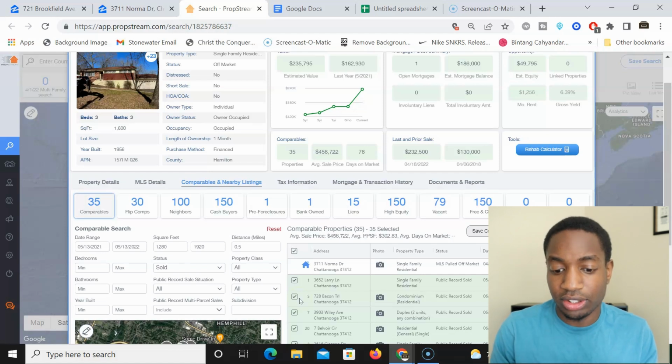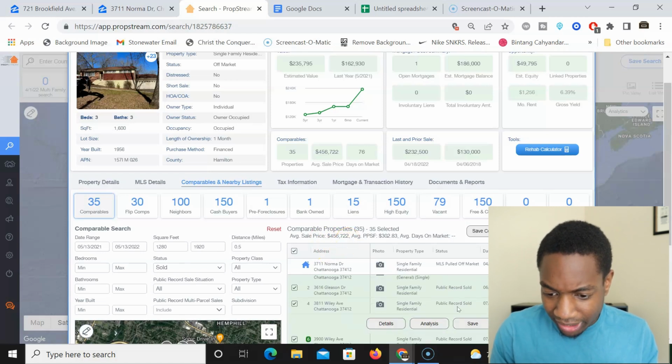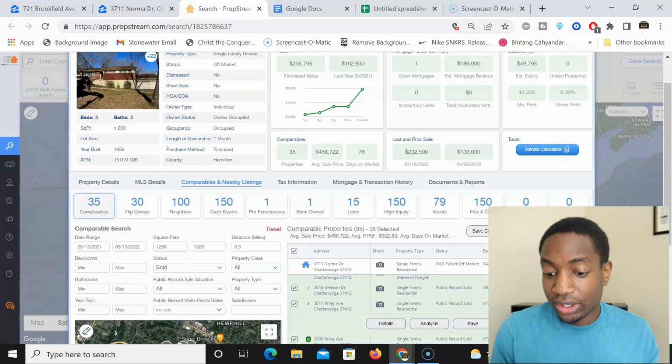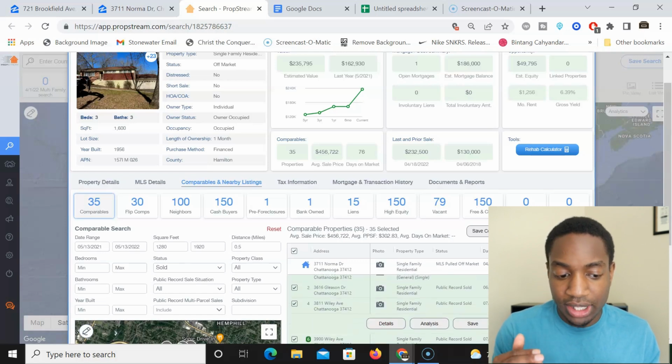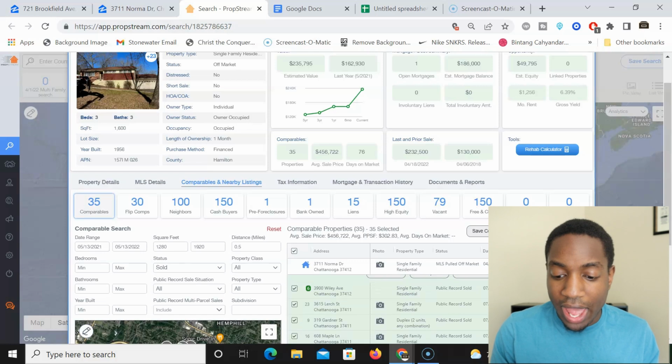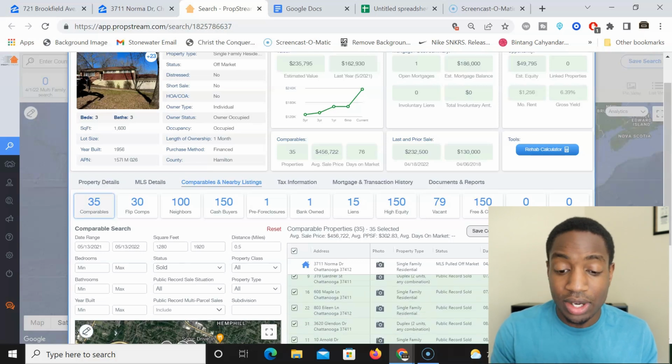PropStream is another thing to look at. In PropStream, you can usually look at this average sale price, but you have to consider some things. I think there was a $1 million sold listing, and I think this is because it was a package deal. So when you're running your numbers, you can take that into consideration. Like, okay, maybe that's not the one I want to go after, and just add up all these other ones, do a median, do an average of all of them, and different things like that. And you can also just look at the estimated value right here, right? So after repairs,